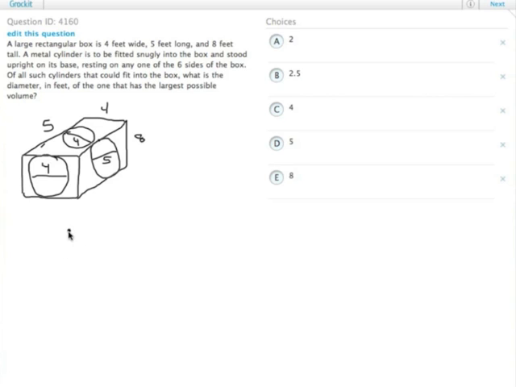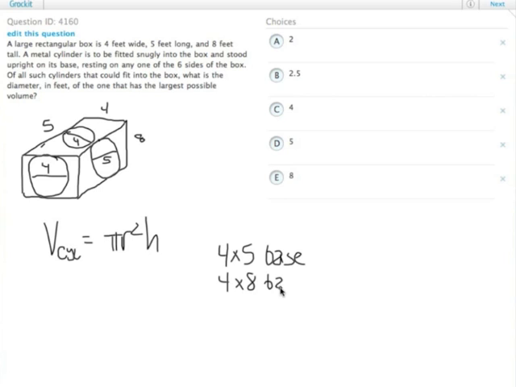Remember the formula for the volume of a cylinder is the area of the base, pi r squared, times the height of the cylinder. So it may help to make a chart. In fact, I can't imagine doing this any other way. So we have one that is the 4 by 5 base. We have one that is the 4 by 8 base. And then we have one that's the 5 by 8 base, which means then that the height is